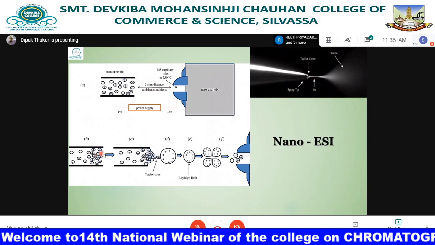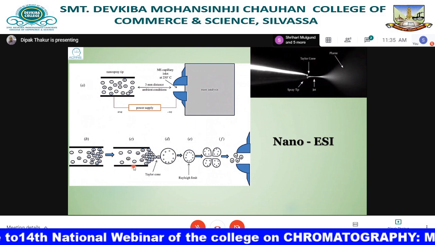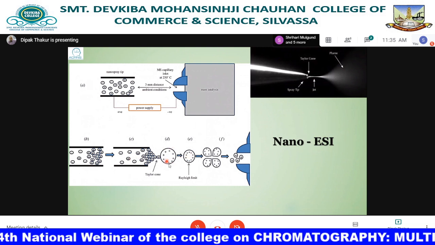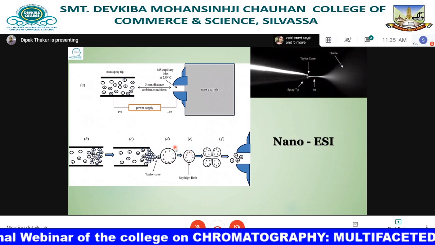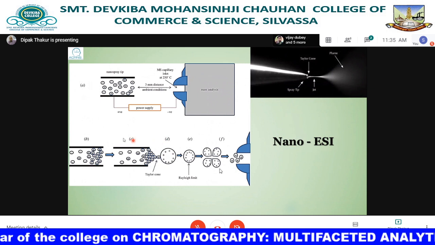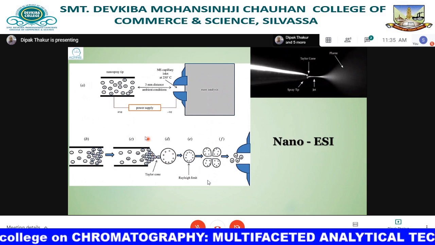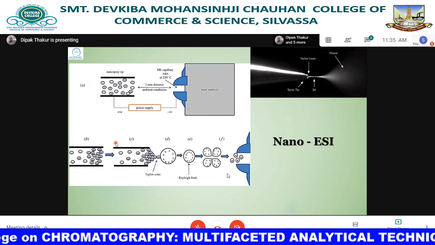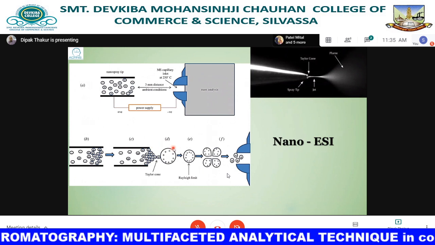Through them, they come out. What happens when you apply voltage to this metal tip? Droplets are generated. With application of gas, there is a concentric chamber or cylinder around this,